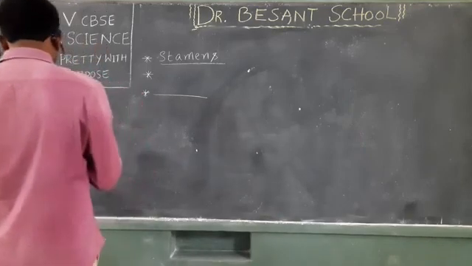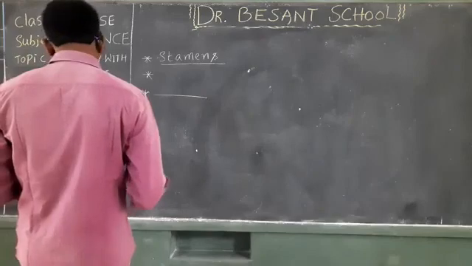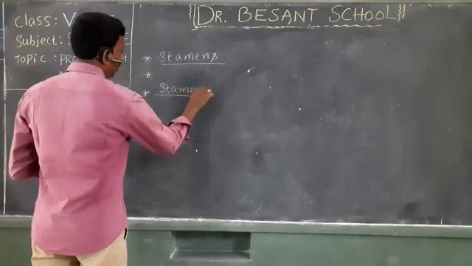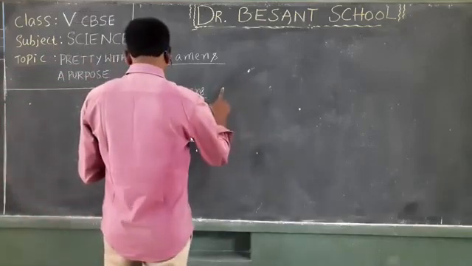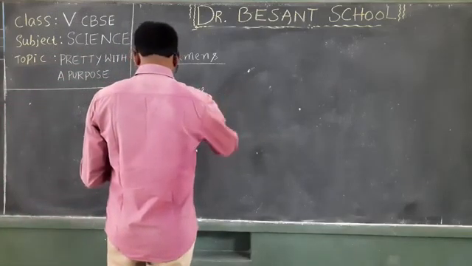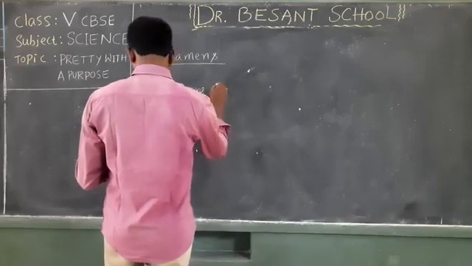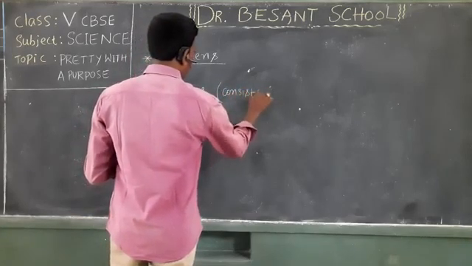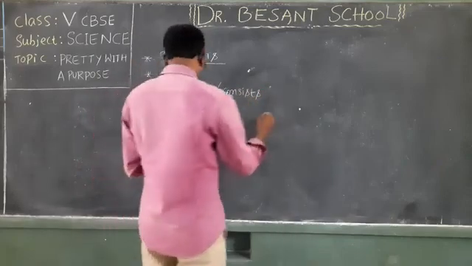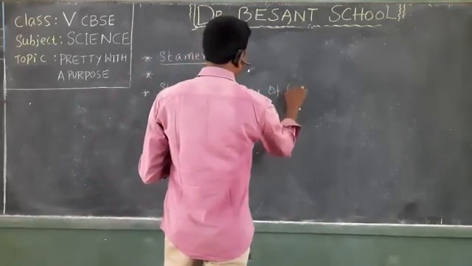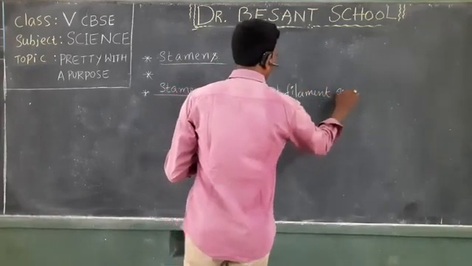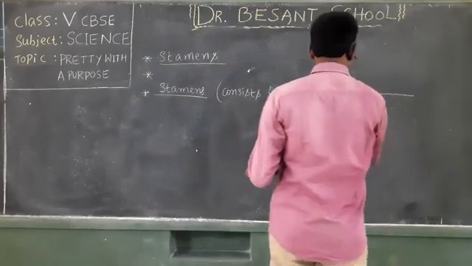So what can we write? Yes, we can write stamens. Again, stamens you can write here. Stamens consist of filament. So in order to avoid confusion, I am going to write down what was given in the textbook part also. Okay, my dear students? It consists of filament and one more dash given here.